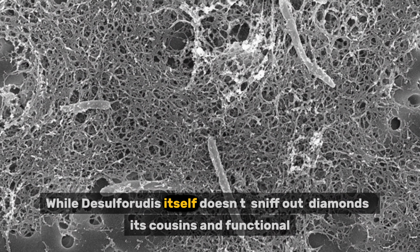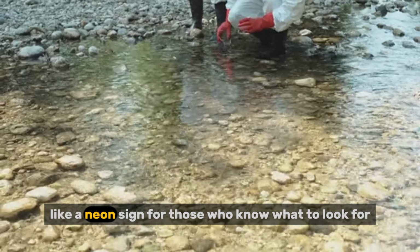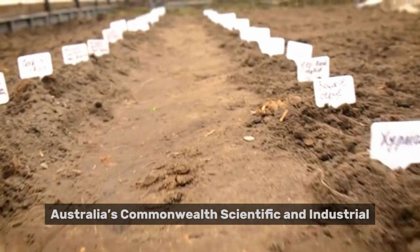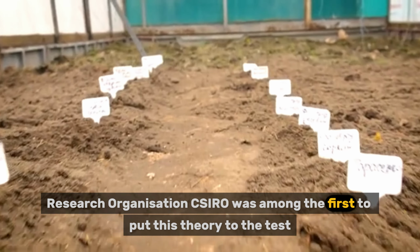While Desulforudis itself doesn't sniff out diamonds, its cousins, and functional analogs in diamond-rich areas seem to do just that, flourishing in the presence of kimberlite-associated minerals and leaving behind metabolic trails, like a neon sign for those who know what to look for. Australia's Commonwealth Scientific and Industrial Research Organisation, CSIRO, was among the first to put this theory